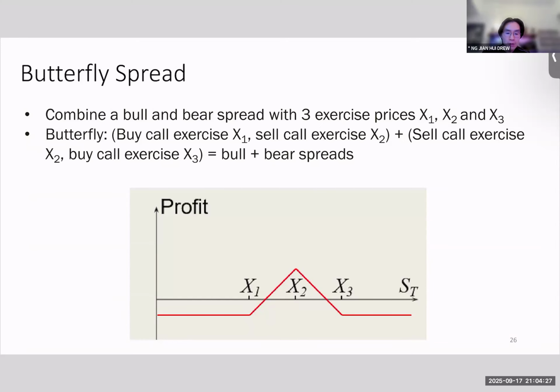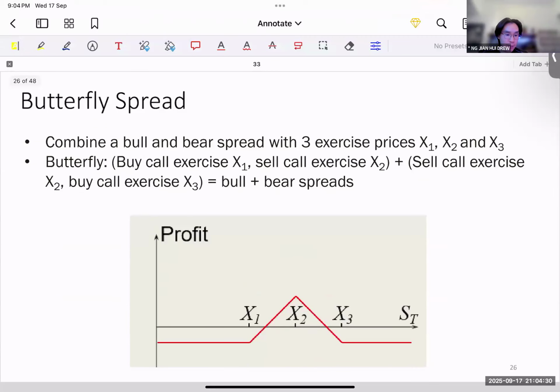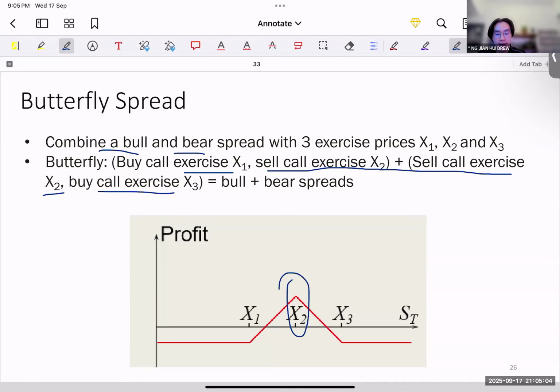Okay, so now we move on to the butterfly spread. The butterfly spread is a combination of the bull and bear spread, with three different exercise prices, X1, X2, and X3. Basically, you buy a call at exercise X1, then you sell two calls at exercise X2, and then you buy another call at exercise X3. By doing this, you get an interesting spread where you have a peak at X2,